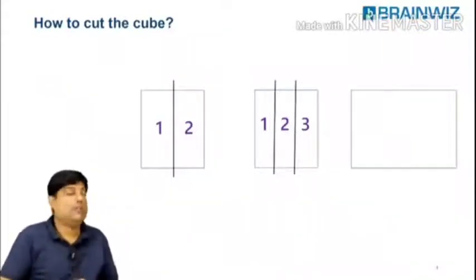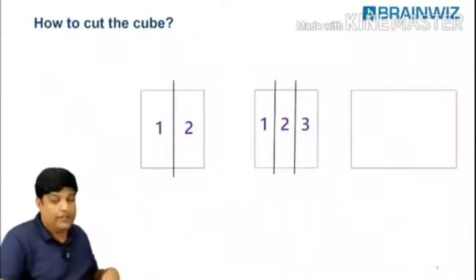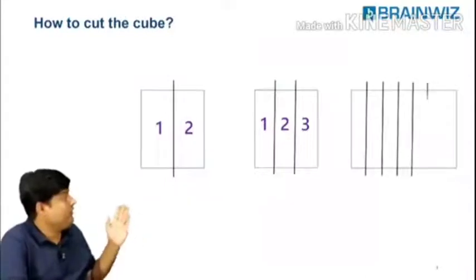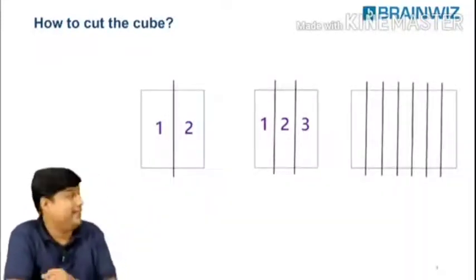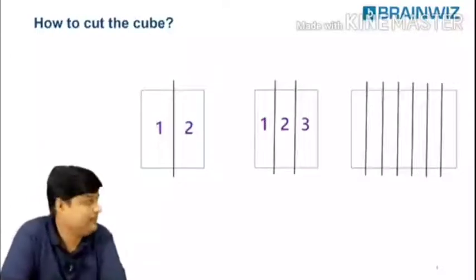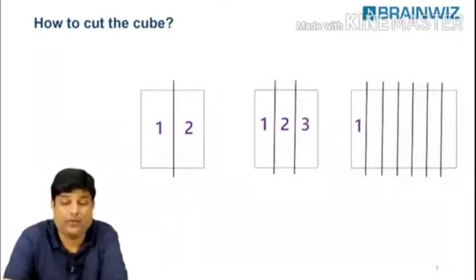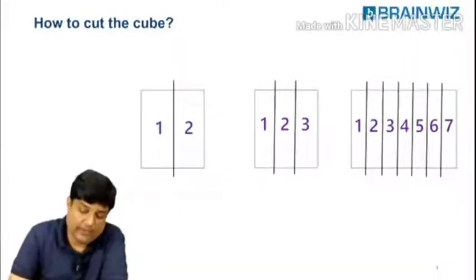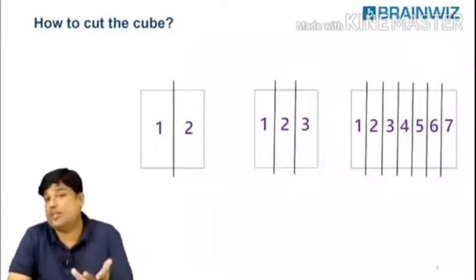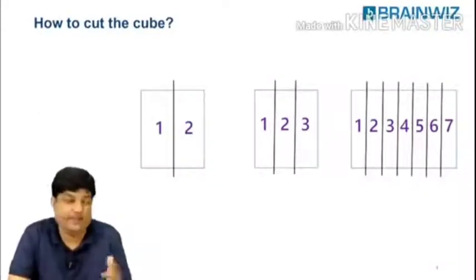Chalo, let me just try to have one more example at the corner end. Tell me, how many cuts I made? 1, 2, 3, 4, 5, 6. 6 cuts. You can see the screen at the corner. Now tell me how many pieces. 1, 2, 3, 4, 5, 6, 7. That's good. So the basics of cutting, we have learned that for every cut there is one extra piece. Don't forget that. 7 cuts, 8 pieces.